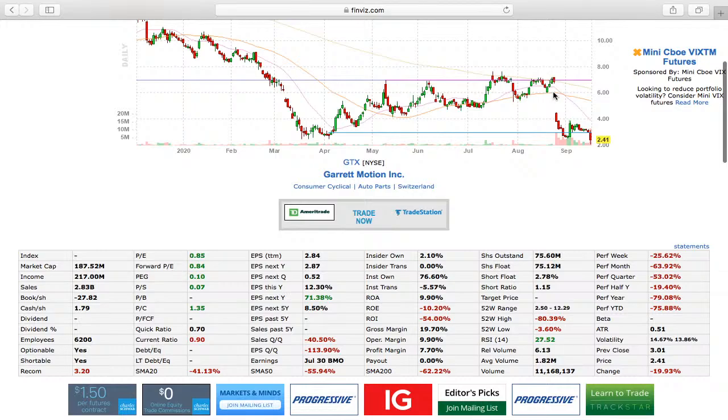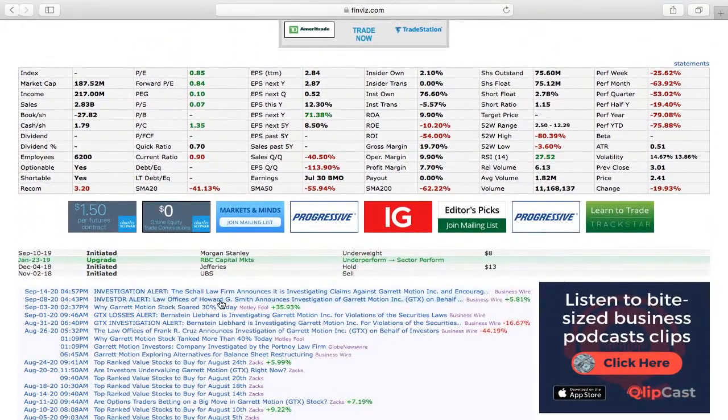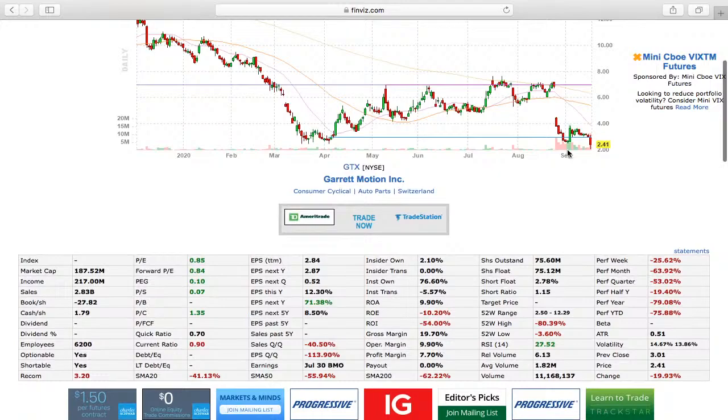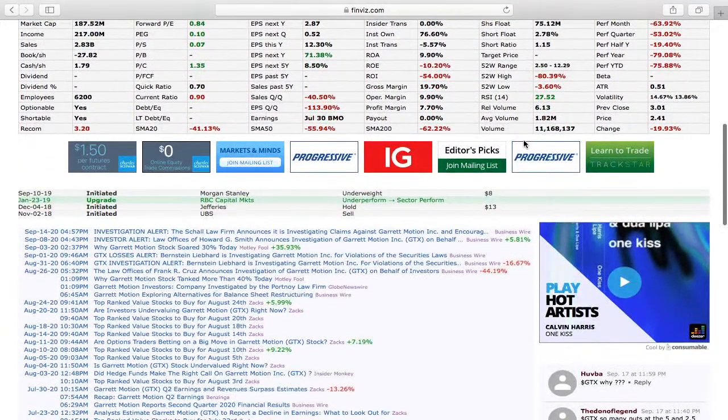I mean, it's probably trading up here. What was it, September? When was that investigation stuff happening? September 8th. So yeah, probably right around here is when they were talking about the investigation went down. I wonder what happened over here though. Oh, here we go. Oh, I see. Yeah, investigating. Yeah, so you see right here it says